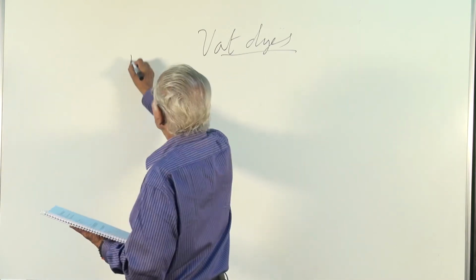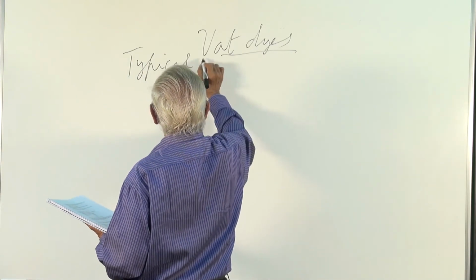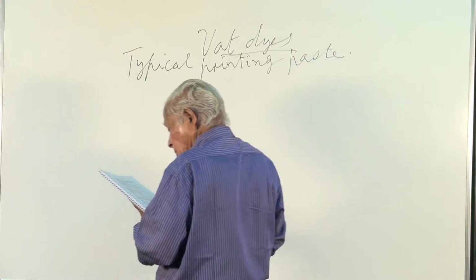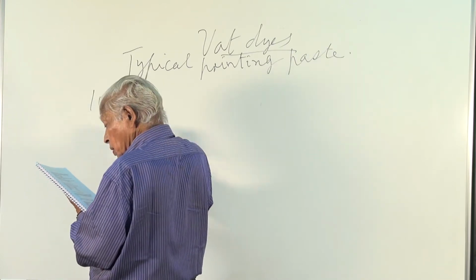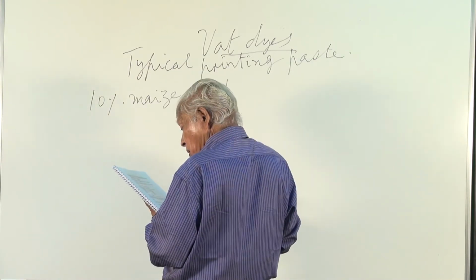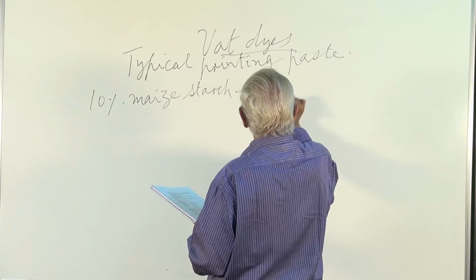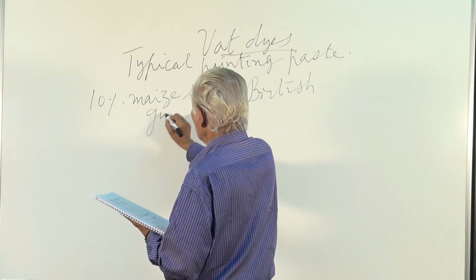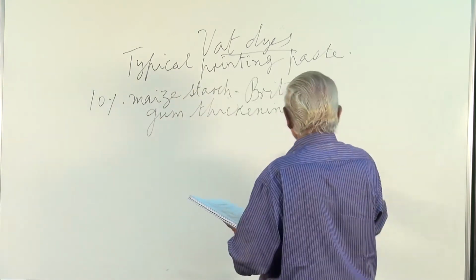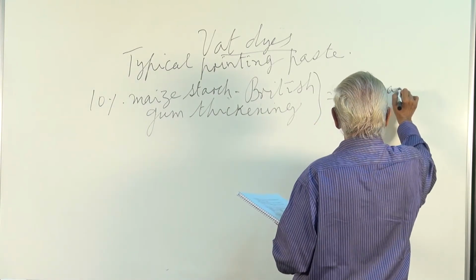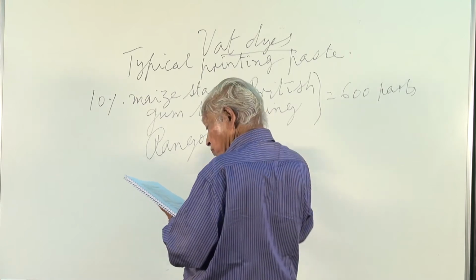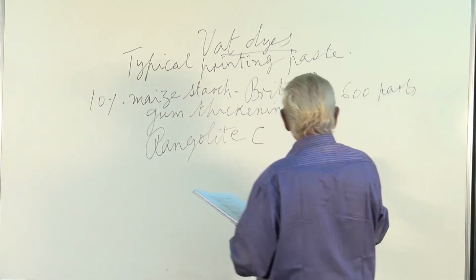Now let us have a look at the typical printing paste. 10% maize starch, British gum thickening (600 parts), Rangolite C, 200 parts,